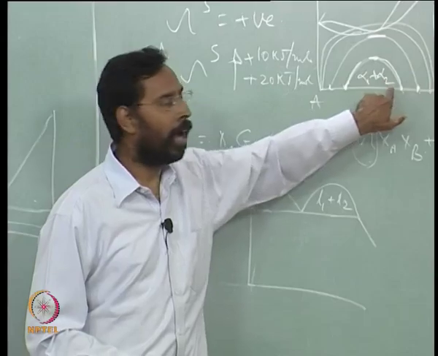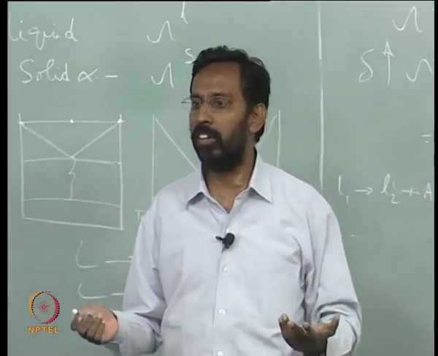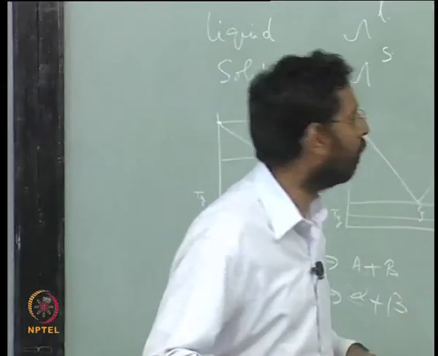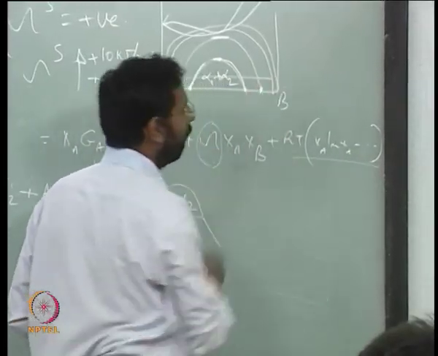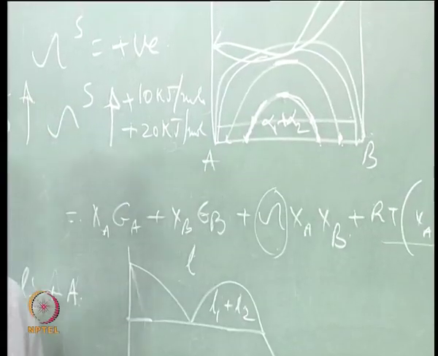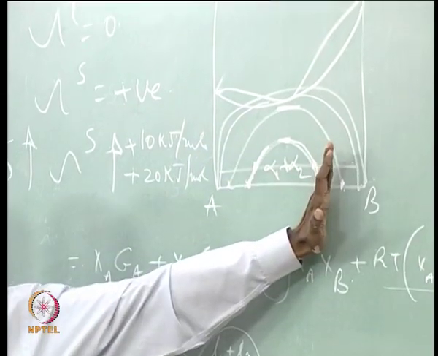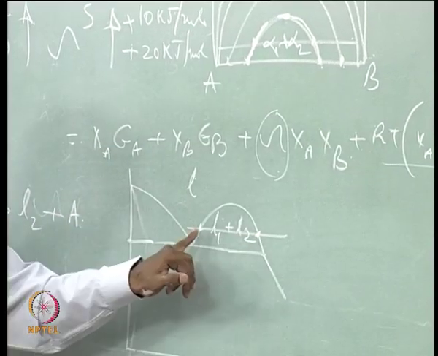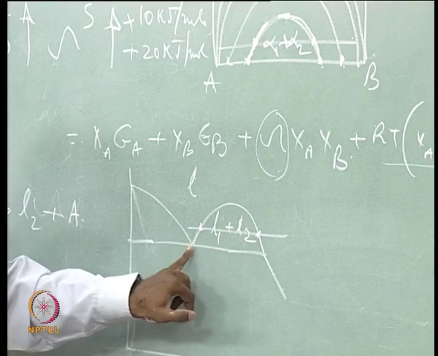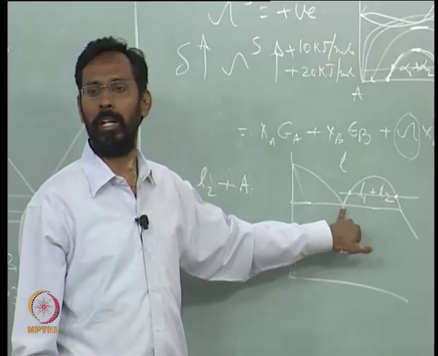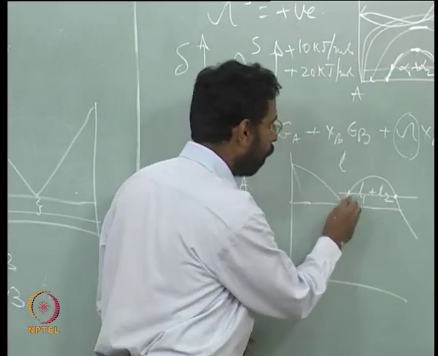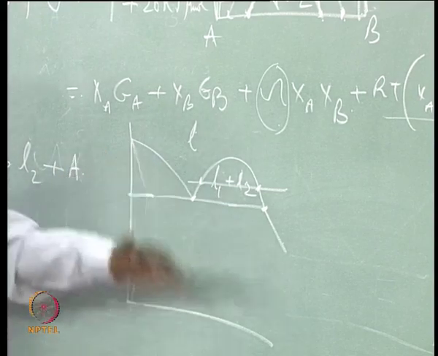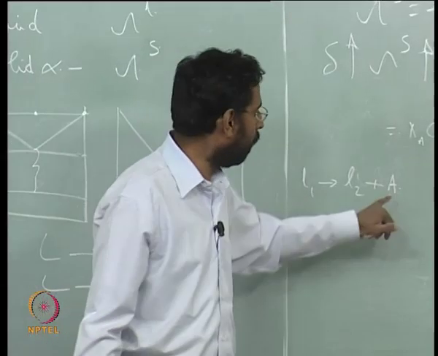and within that, both the alpha 1 and alpha 2 that you see have the same structures, except that their compositions are different. That is why, if I draw a tie line at any given temperature here, these two points represent the composition of alpha 1 and the composition of alpha 2. Exactly similarly, if I draw at any given temperature here, this is the composition of L1, this is the composition of L2, and at the monotectic temperature, liquid of this particular composition is giving you another liquid of this composition,